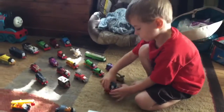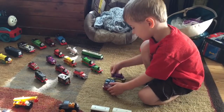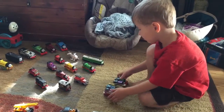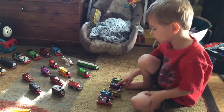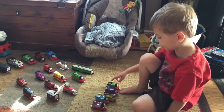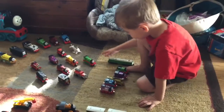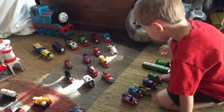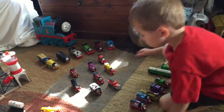What else are there? That's Rosie and Thomas. We have to stick these together. Which ones are they? Keep pointing them out. Sorry, and this one's Diesel, and this one's Percy, and this one's Doko, and this one's Henry, and this one's Hale, a little Hale, and this one's